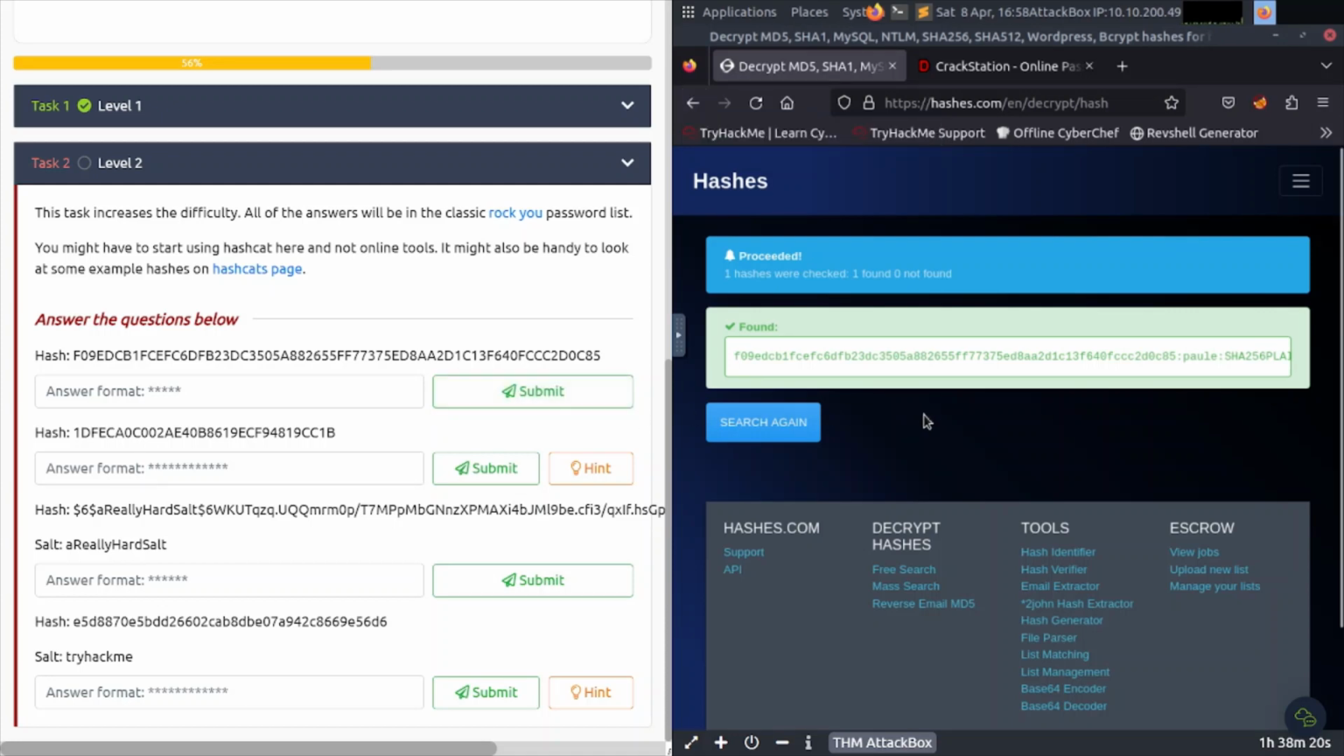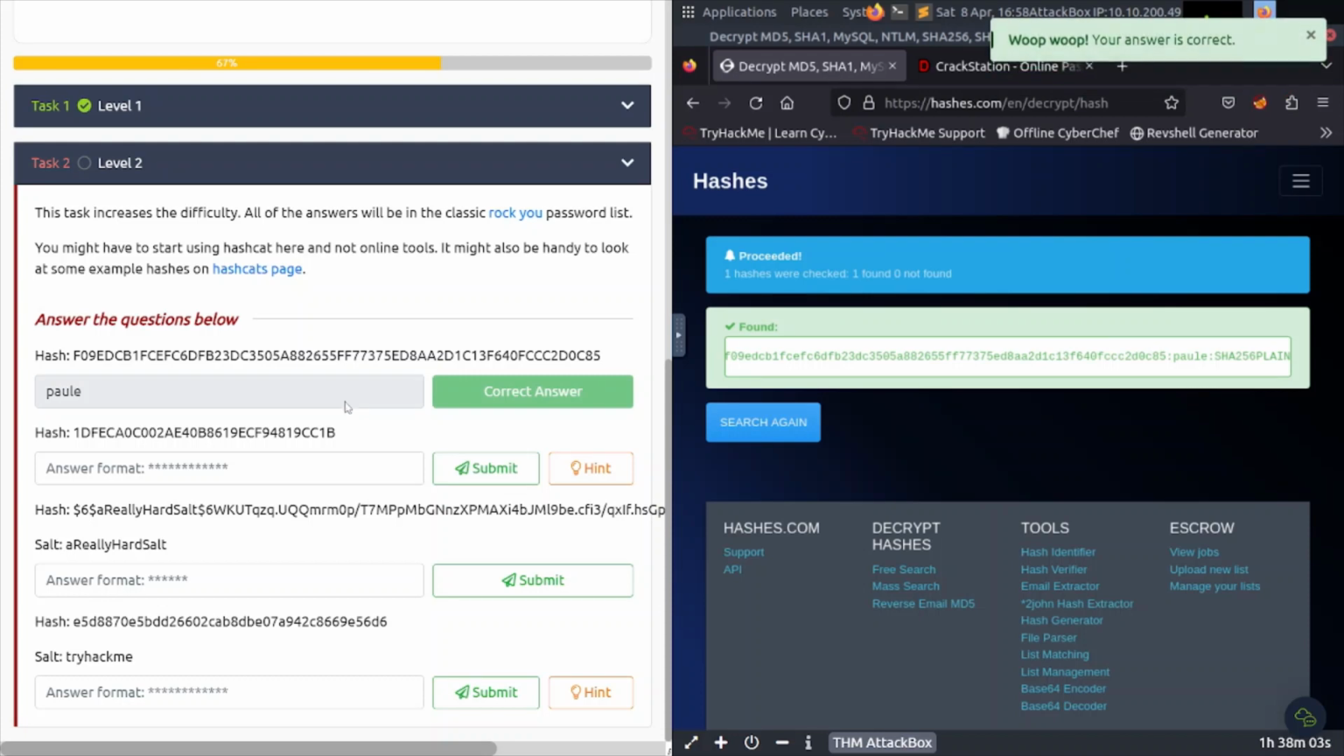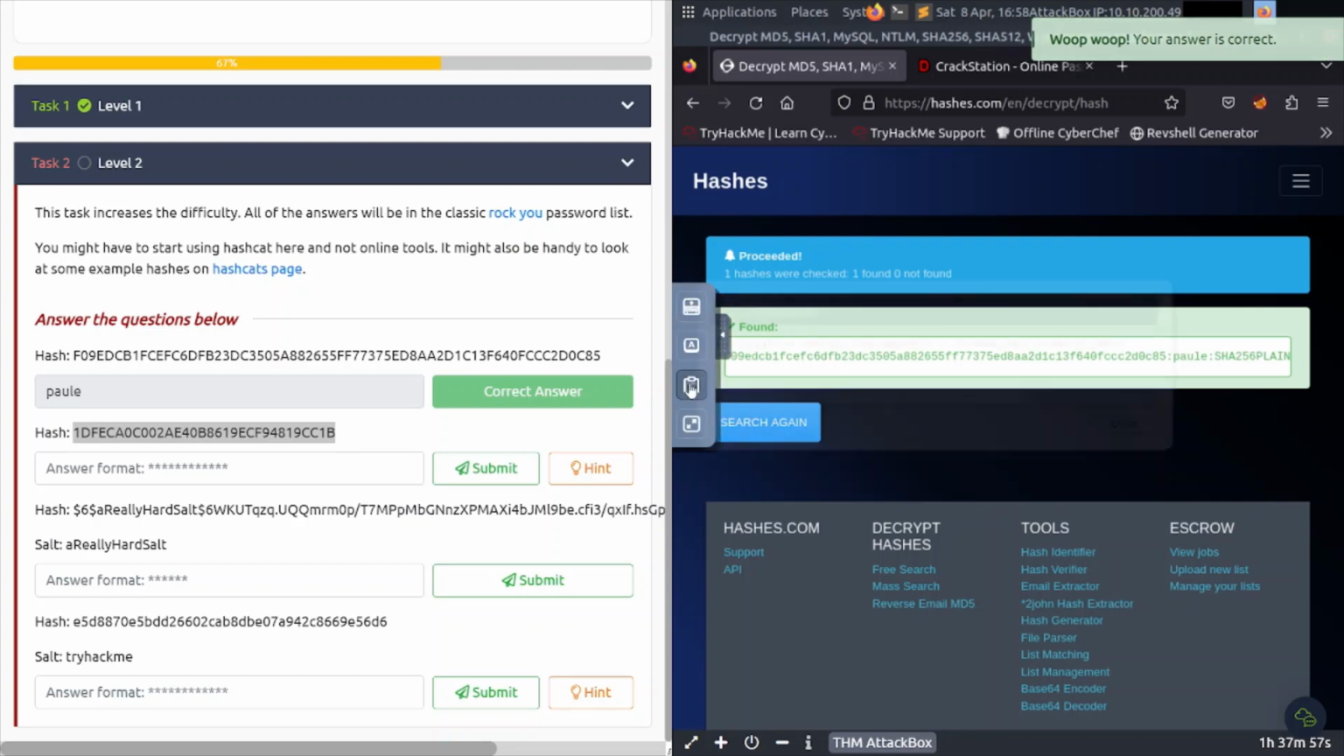This first one here was an easy one. I just went ahead and used hashes.com to crack it. You can see here it's going to be Pauly or Paul, however you want to say it, and it's using SHA-256 plain again. So let's go ahead and type that in, get this one out of the way, and let's try the second one, see if it works. Looks like it might work. So I'm going to copy that and then paste it in here,